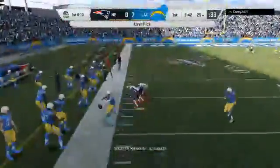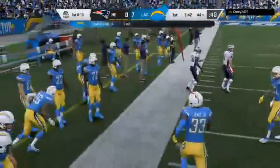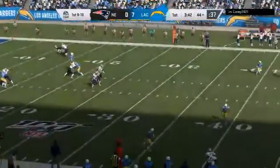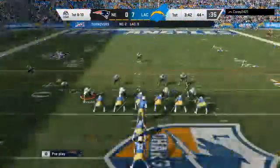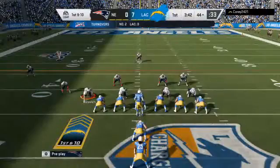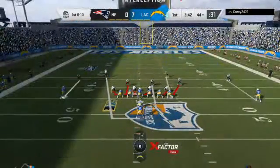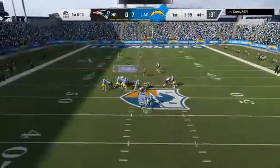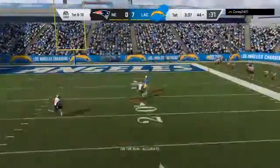Trying to squeeze it into Edelman, and it's intercepted. Picked off by Casey Hayward. He was looking for Edelman there. The coverage that time was unbelievable the whole way around. I mean, you've got a quarterback just standing back there in the pocket. He had all night to survey the field, and he still couldn't find anybody. And when he finally did throw it, he threw it to the...